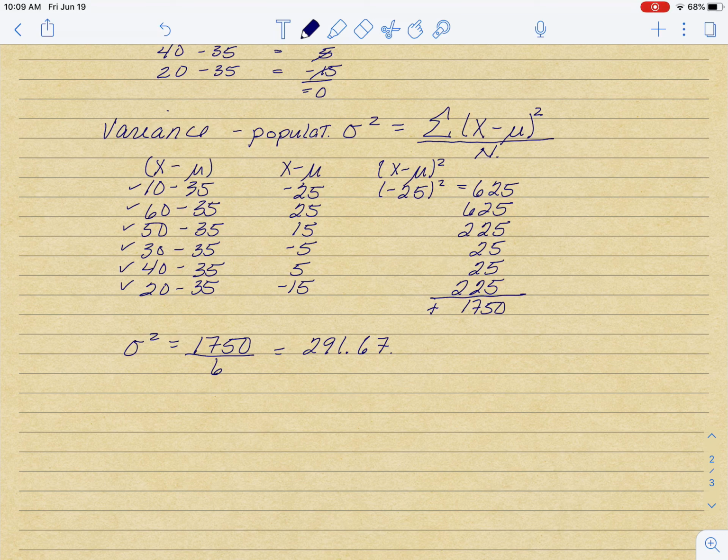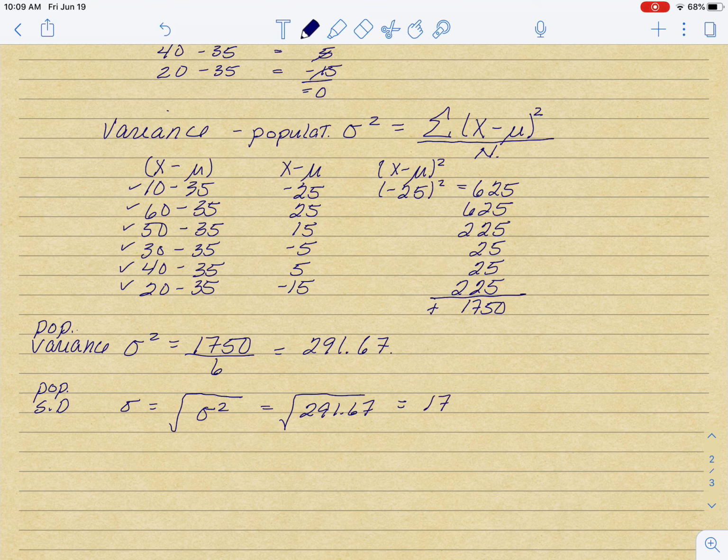The standard deviation is the thing that we read most often. That's the square root of this answer. So this is variance. And that's population variance, and we want to do population standard deviation. That's sigma, and that's the square root of our variance answer. So that's the square root of this 291.67. So we take the square root of that answer,